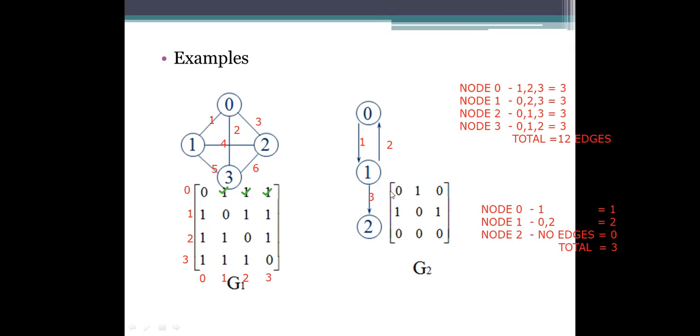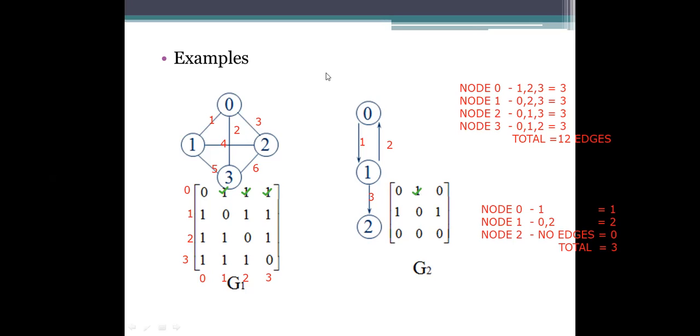So here it is 0, 1 and 2. Yes? So 0 to 1 connection is there. So we are filling it with 1. 0 to 2, there is no connection. If a connection is there, it is specified as a 1.